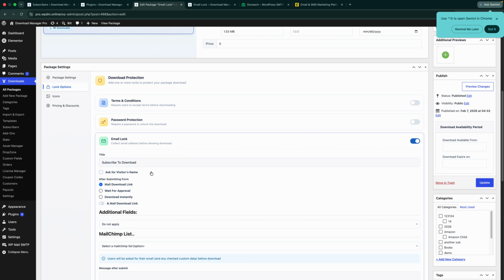If you'd like to collect your visitors' names along with their email addresses, simply enable the Ask for Visitors Name option. Next, choose what should happen after the visitor submits the form. You have three options. Email download link sends the download link directly to the user's email address. Wait for approval. With this option, users must wait for an administrator to approve their download request before they can